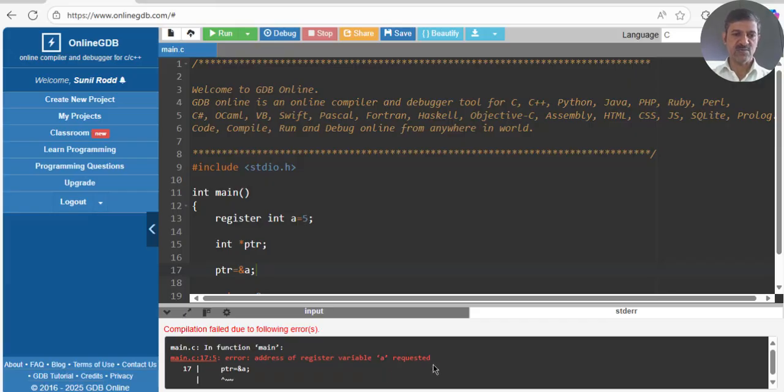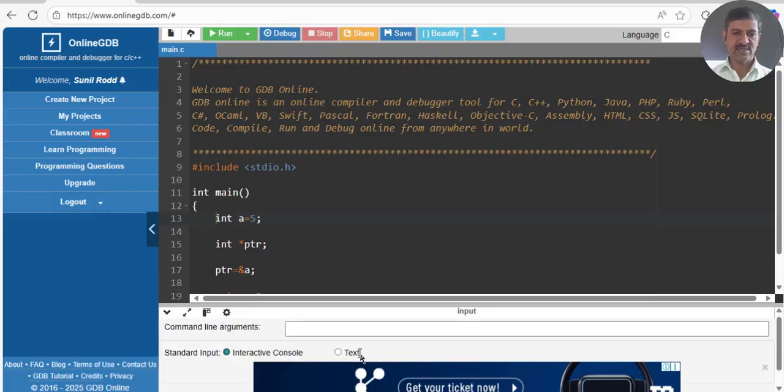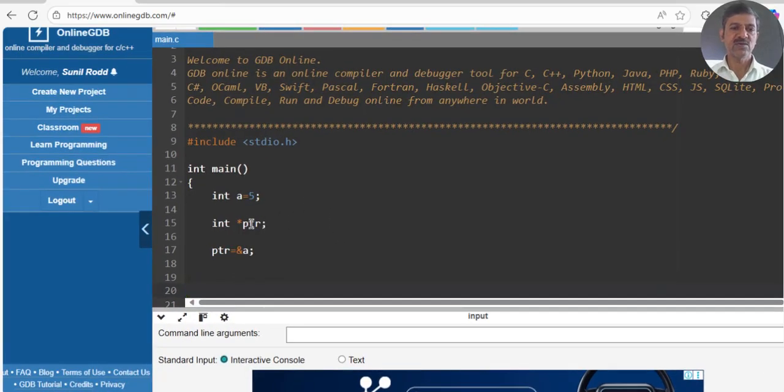It means that is not possible. But if I remove this, the program works. Of course, it doesn't print anything. It just waits for the user to proceed, and if you want, you can print that. This is one part. The second, as I told you, you can make this a constant pointer,